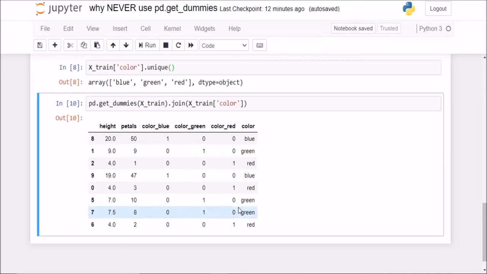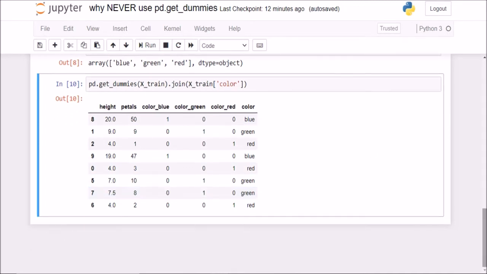Okay, so this is basically called one hot encoding. One hot as in only one will be hot at a time, the rest all will be cold. So you see, it makes sense actually. Only one column is hot here, and the rest of the columns are cold, that is, they all are zeros. So this is how the name one hot encoding has come. Okay, so this is pd.get_dummies.